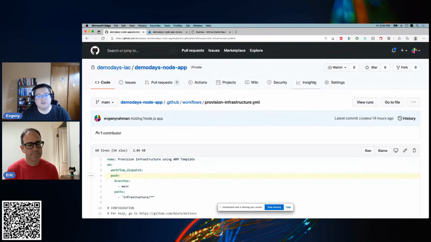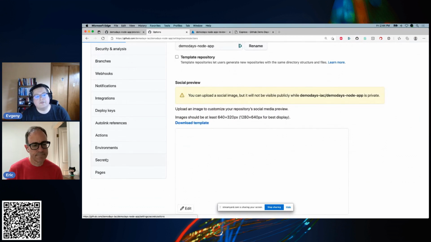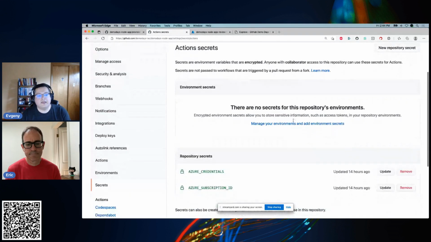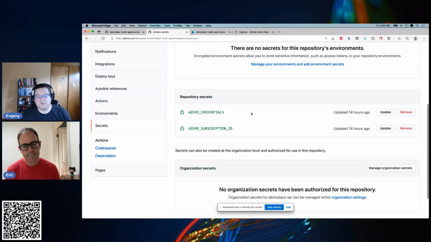I'll quickly show you what that looks like over here in the settings tab. In the settings tab of my repo, I have the secrets category. You'll see I have these repository secrets, which means they are secret variables, secret data that is available only to stuff within this repository. If you think of actions, actions that run in the scope of this repository can reference these using the secrets syntax, which we'll see in a second. I can update this, but I cannot view these. That makes it more secure.